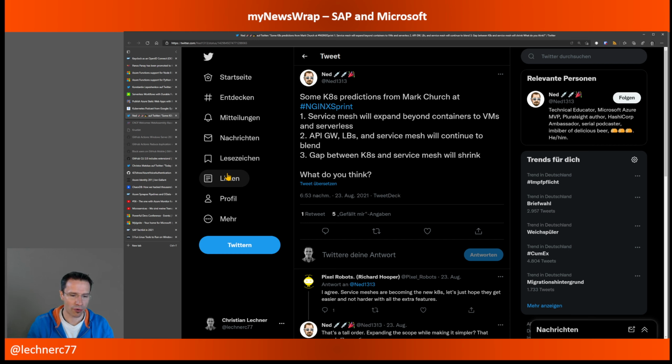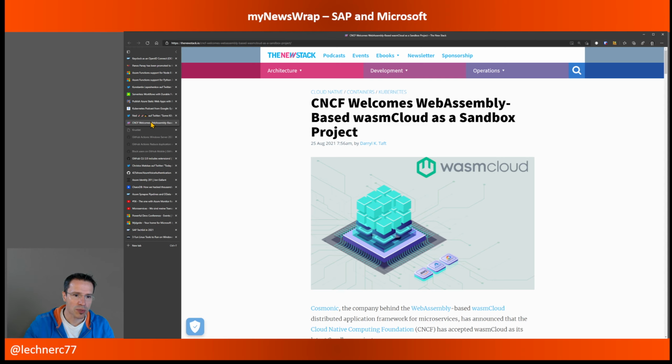Talking about the future or predictions around the Kubernetes area, there is now a new sandbox project that has been promoted within CNCF, and that's the WebAssembly-based WASM Cloud project. So this one leverages WebAssembly as kind of the next step after containers, or maybe a very well suited addition to containers.